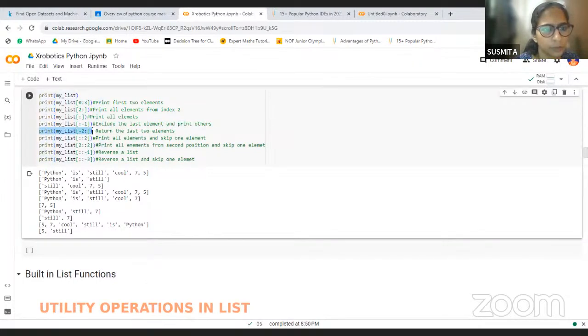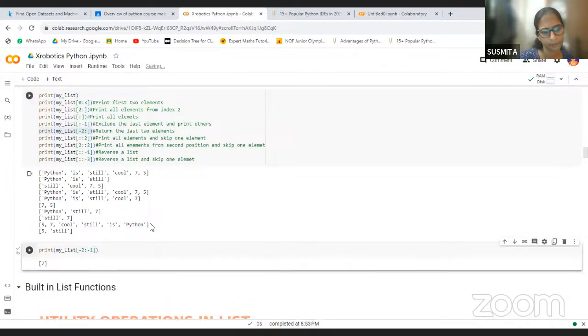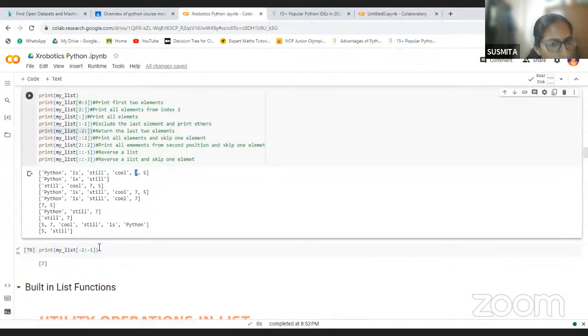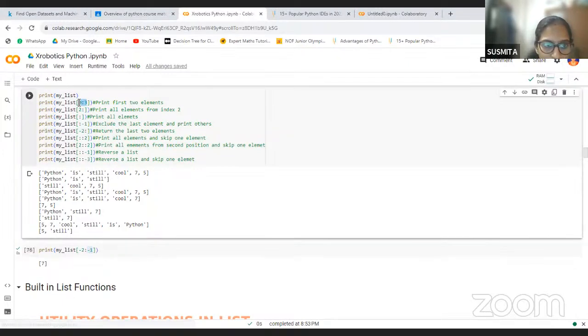Let's copy this part. Write it. See, it will start from the -2th location. -2th means -1 and -2. And we have given -1. That means before the -1th location, it will be printed. See, whatever I have said, before that location. Before the -1th location is 5, so only 7 will be printed. Okay, just change it to